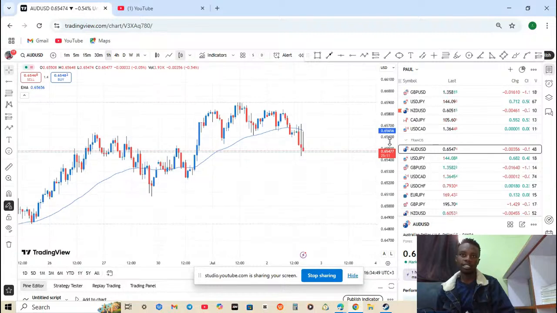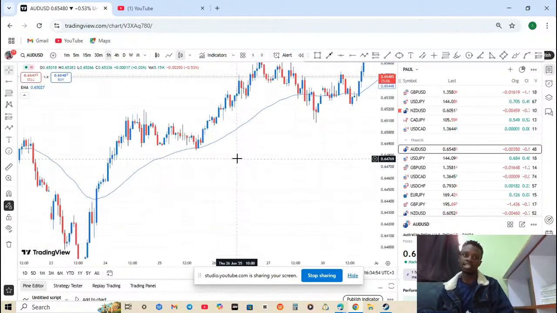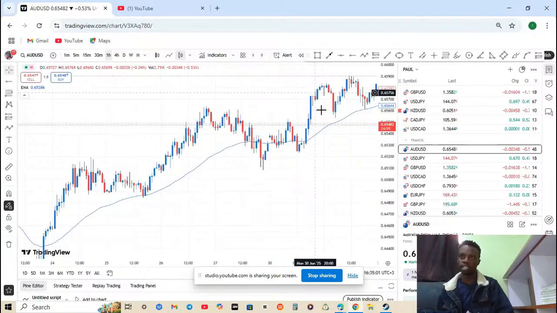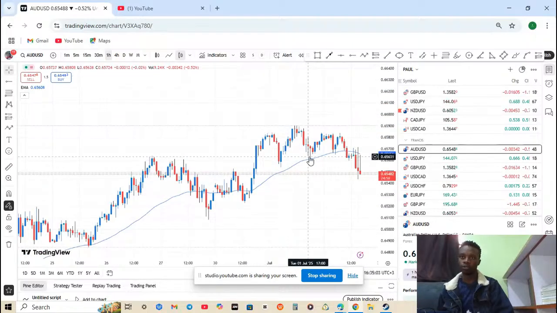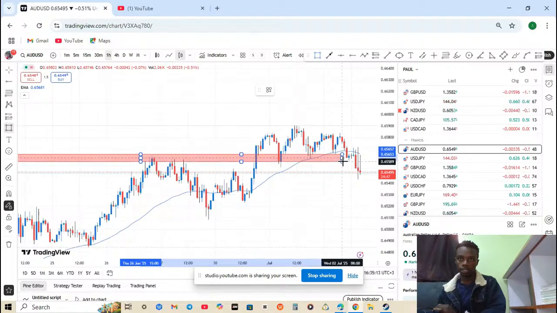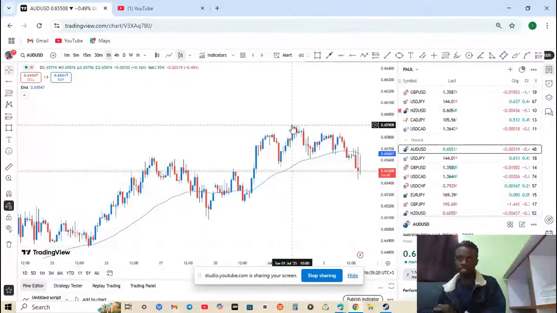In the 1 hour chart, I said the market must be in a very clear uptrend such that there is no confusion. If you look here, you can see the market is forming higher highs, higher lows, higher highs, higher lows, higher highs, higher lows, higher highs, higher lows. At this point, the market had just pulled back. Now, as you can see, this was higher high, higher low, higher high. So the market had just pulled back